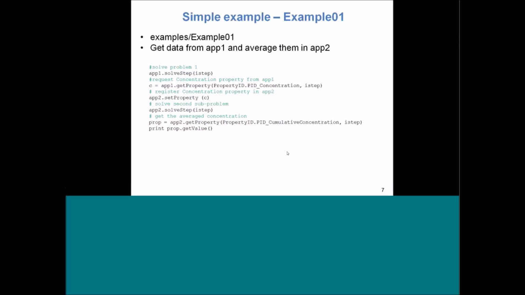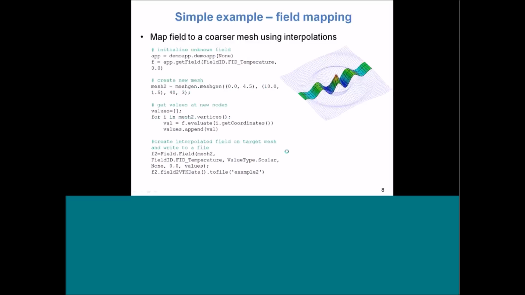So then we can move to a little bit more difficult examples. I will just show the result. Because you have mesh and field as instances of classes, you may also show, for example, mapping of these fields, which typically you need if you use different discretization of space. So you can have again some application which defines, for example, such a function, and you want to map this to a much coarser mesh, which is here in the color. So we generate another mesh, and then you can very easily read the values in the new mesh,